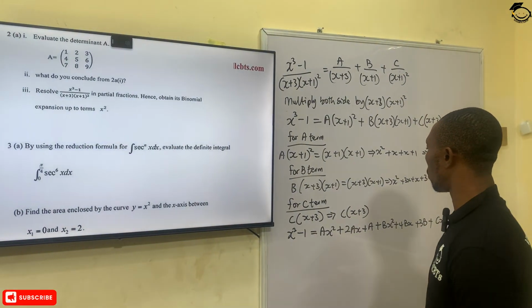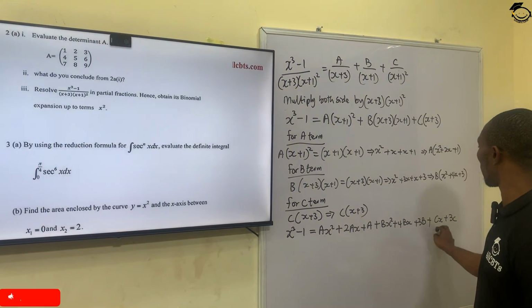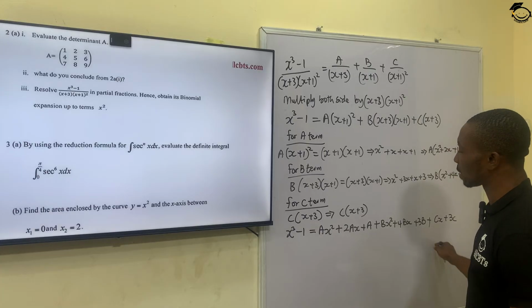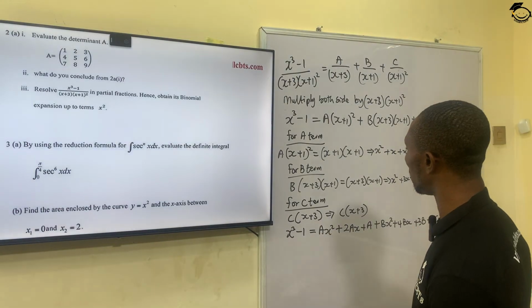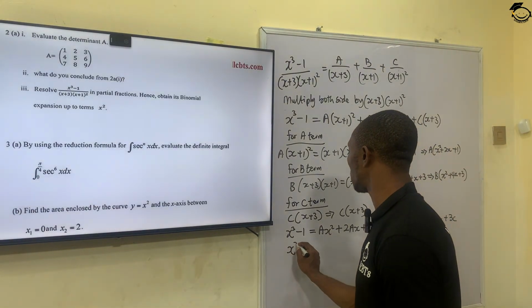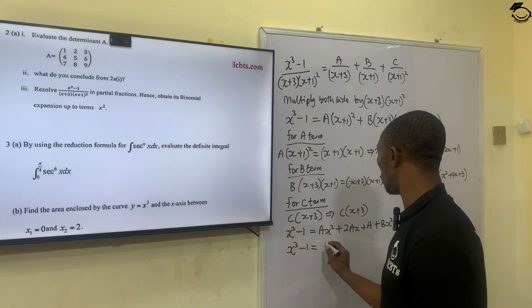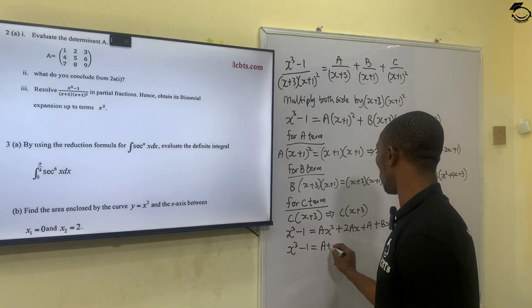All right, now we would collect our squares together, or let's factorize. Factorizing it, we have x cubed minus 1 equals A plus B x squared,